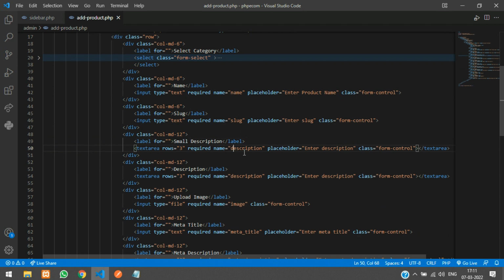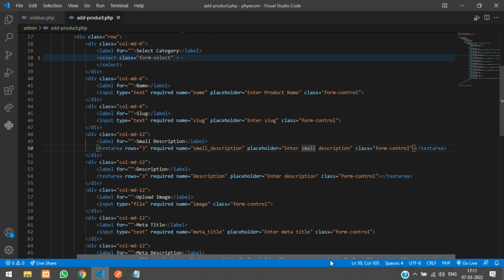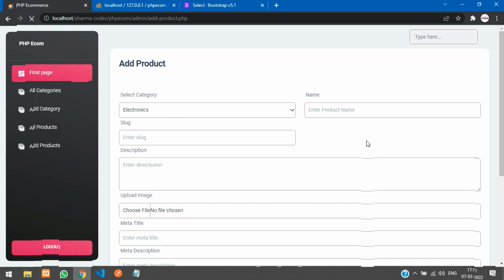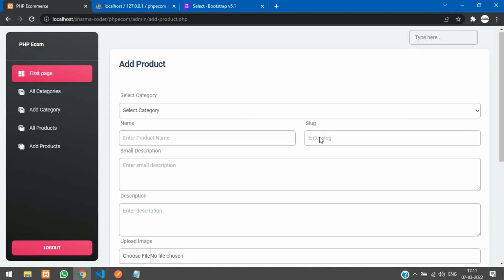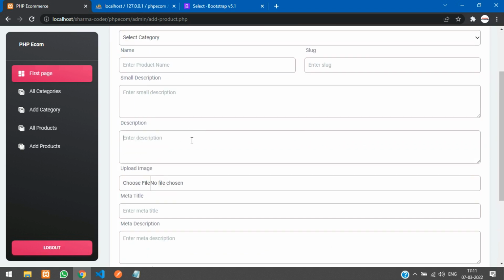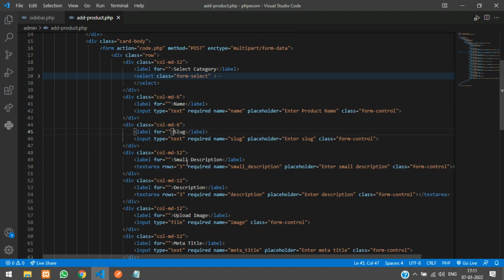Change the field name, say small description, enter small description, and this is going to be the same thing, description. Okay, so I will just make this 12 so that this thing doesn't look odd over here. Okay, yeah, so these two things over here, and then you have the small description and description, and after that